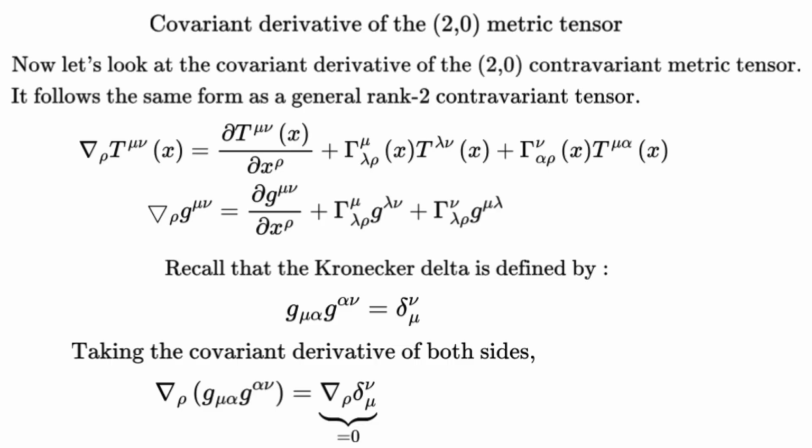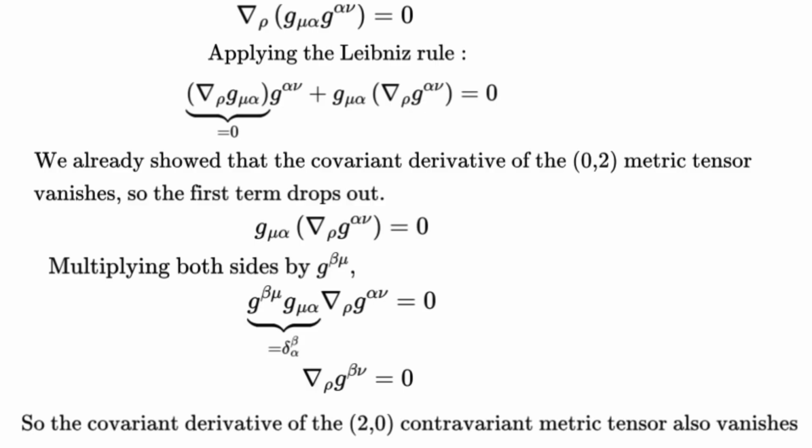Recall that the Kronecker delta is defined by g mu alpha g alpha nu equals delta nu mu. Taking the covariant derivative of both sides, applying the Leibniz rule,